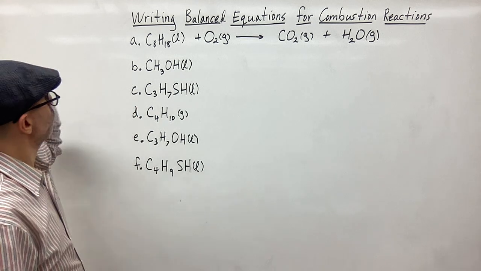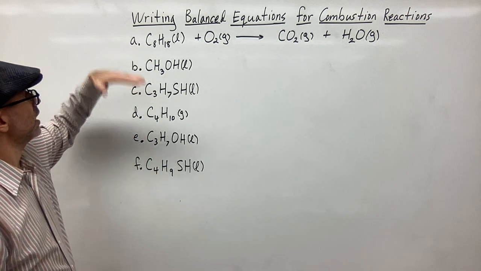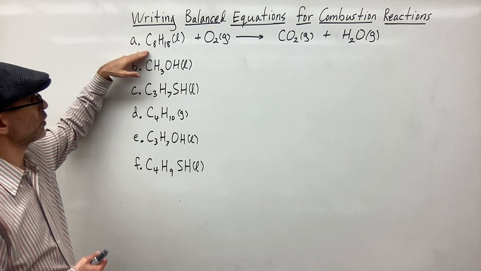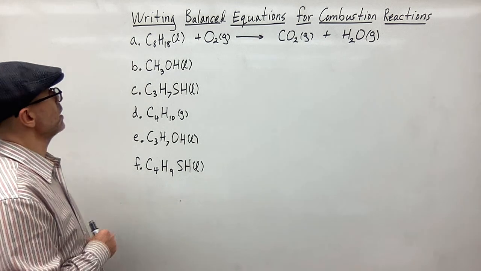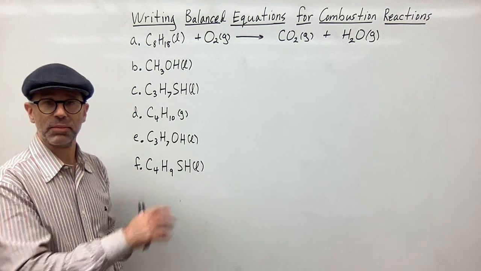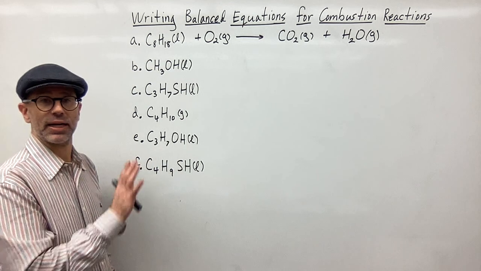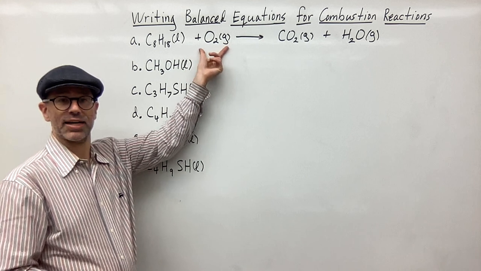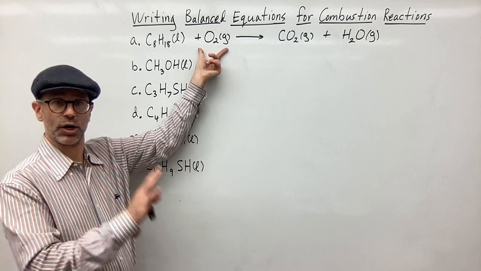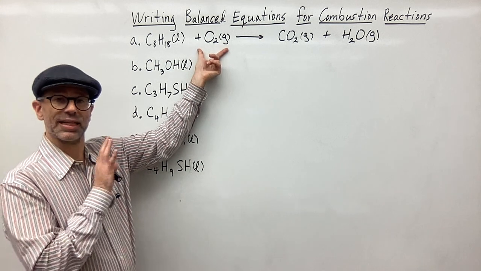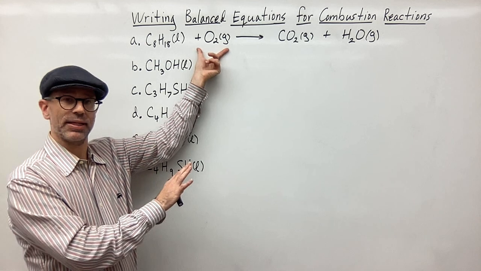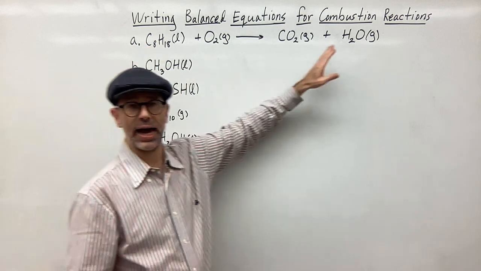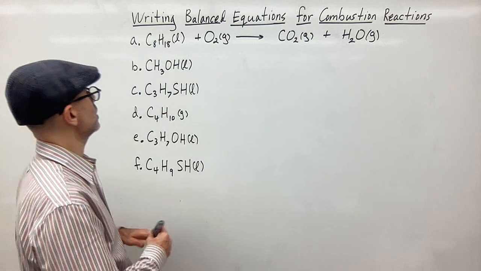So step one is I want to balance metals, but I don't have metals. I balance metals first, no metals here. So I'm going to balance the non-metals, and I want to leave oxygen to last. Notice that I have oxygen as an element by itself, not part of a compound. So I'm going to leave that one for last. So I'll do carbon first, and then hydrogen after that, and then oxygen. So here